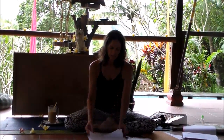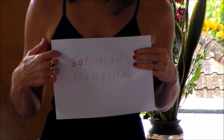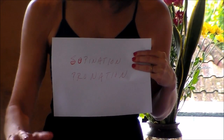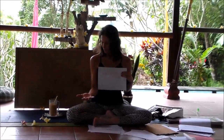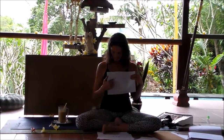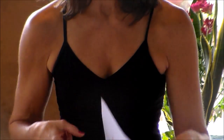Trying to find something easy sometimes is a little bit of a challenge, but let's come into the wrist action. Specialized terms of movement of the wrist. Two specialized terms here: supination and pronation. Supination, with the palm open, the elbow is flexed, and the thumb is outward. In this way, as you might be able to see in the close-up on the drawing, I have two little soup bowls here, right on the S and on the U. In supinated position, I could give you a bowl of soup,